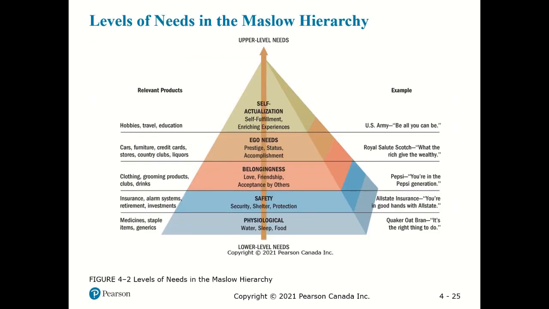Now Maslow's hierarchy is there. This is the very famous model. So in this, you can see the relevant product. The first one is the physiological. So physiological is that without this, you cannot survive. So that is something like water, shelter, food. So that is very important. Like staple items, some medicines, some generics. So these are the